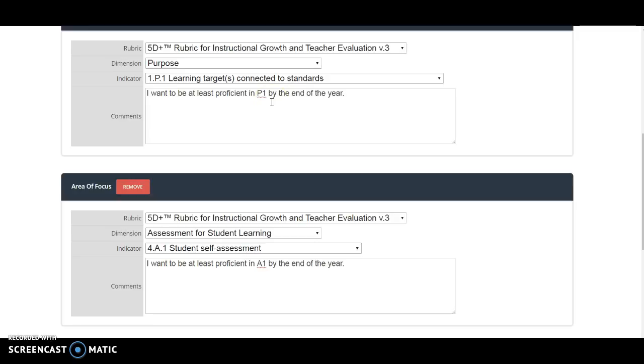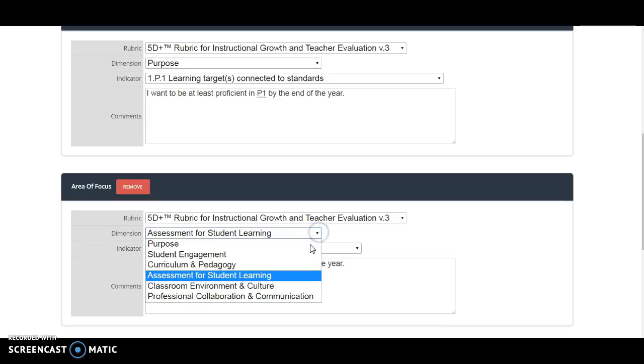Those of you that the learning targets come really easily to, I do think we'll change our area of focus at least by mid-year. But I want everyone to start with purpose. So at least for my first observation, we're having some dialogue about where you're at with your learning targets. Again, your second area of focus is completely up to you, with the only direction being that you do not